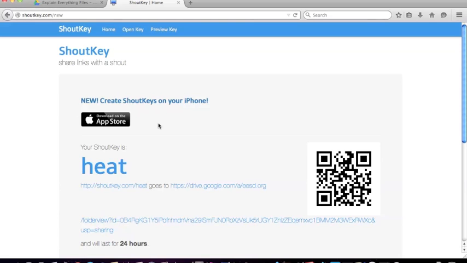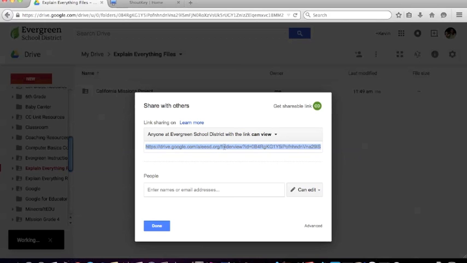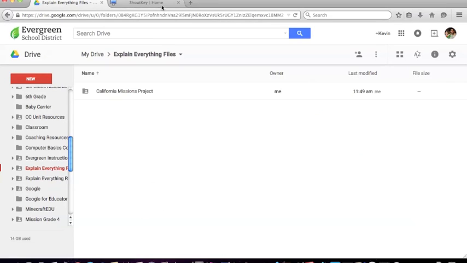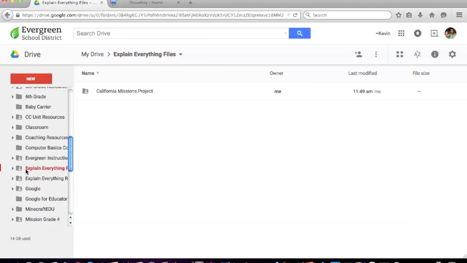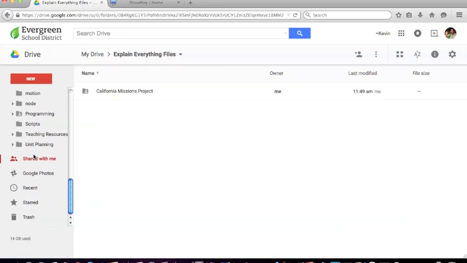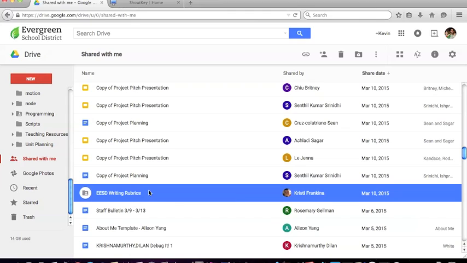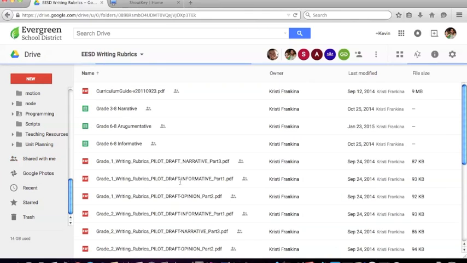So the next step would be to have your students sign into their Google Drive, go to shoutkey.com/heat, and that will bring up the folder. And then there's a really important thing that they have to do then. So here's a sample folder that I have access to, that if I open it, I can see the contents